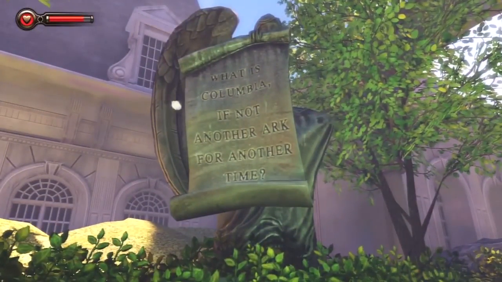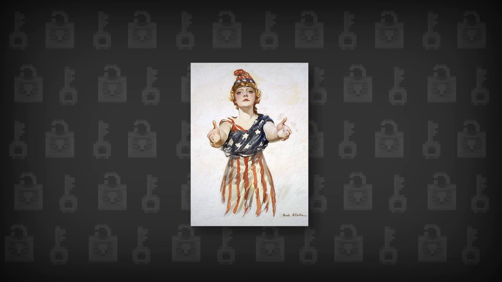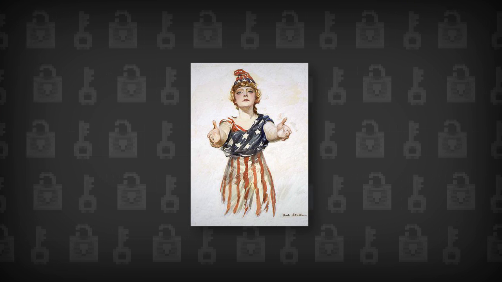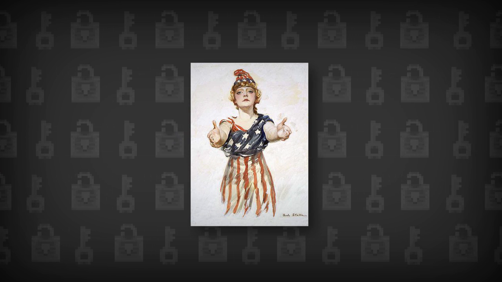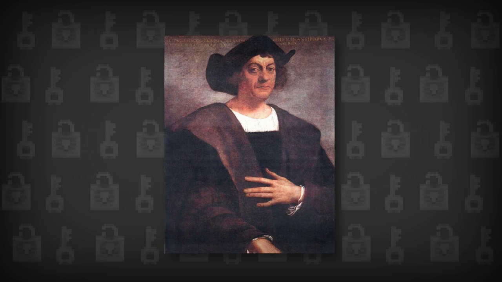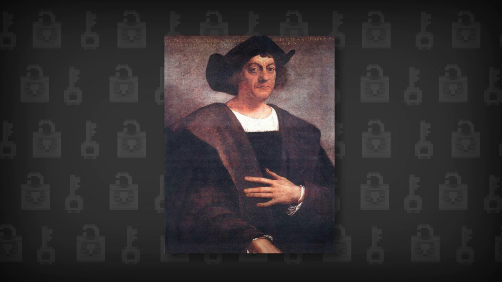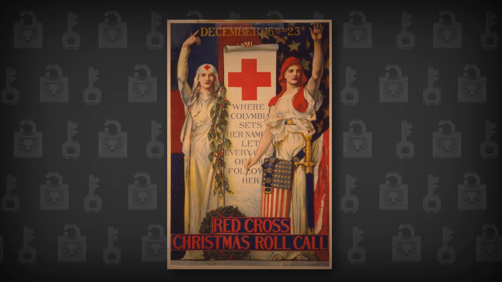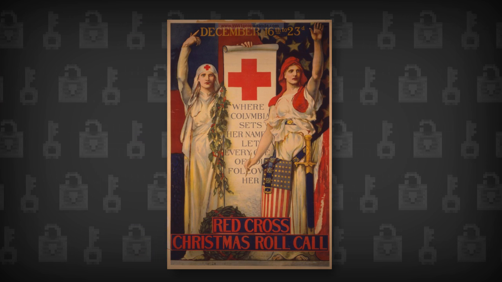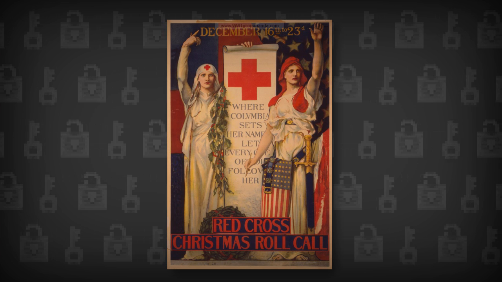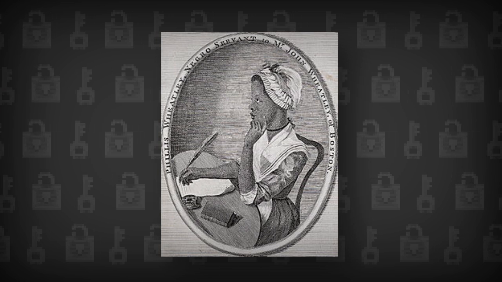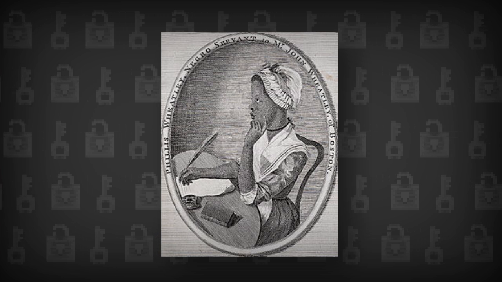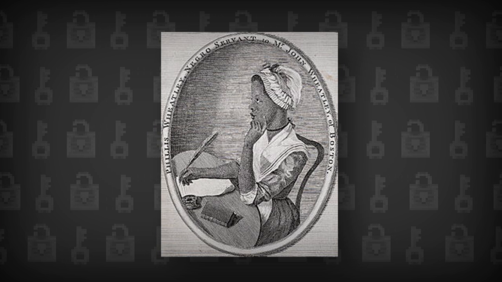Though largely forgotten today, Columbia was once the shining personification of American exceptionalism. Originating in the 1700s, the word Columbia was derived from the name of Christopher Columbus and was often used to refer to North America by Europeans. However, the origins of Columbia as an actual character came from 1776, courtesy of the first published female African-American poet in US history, Phyllis Wheatley, who wrote a poem referring to Columbia as a woman and concluded with the lines,